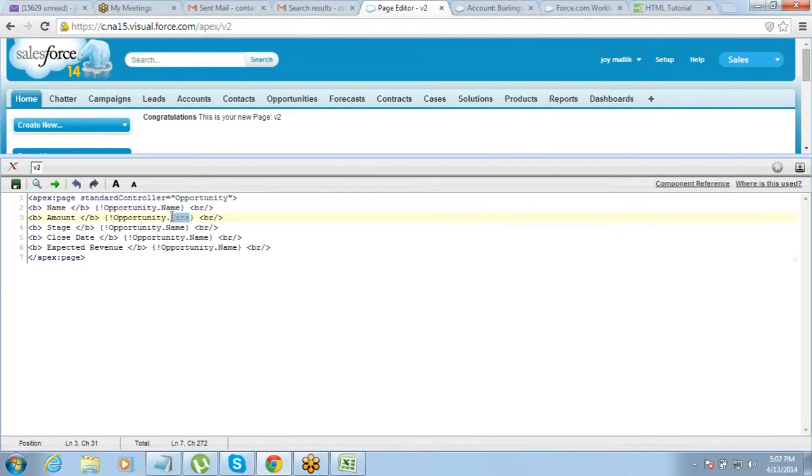Amount. What shall I put here? Stage. Here? Close date. Right. Expected.